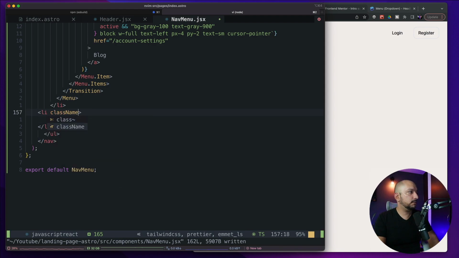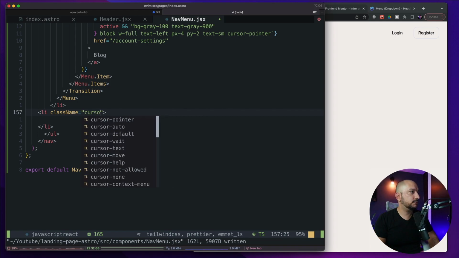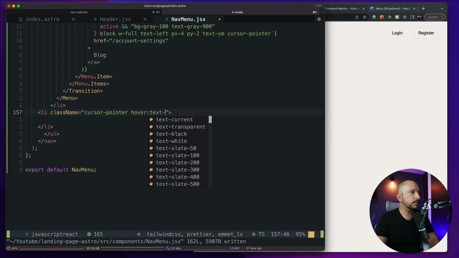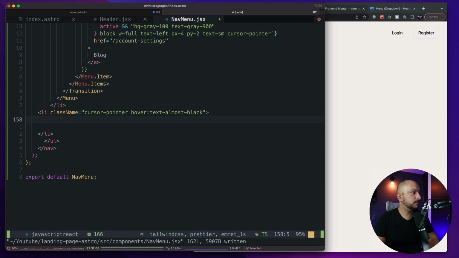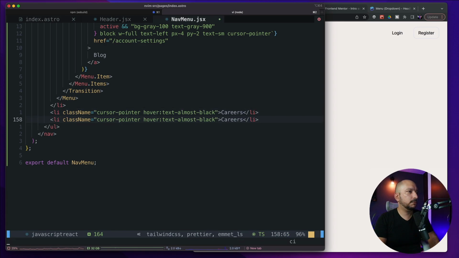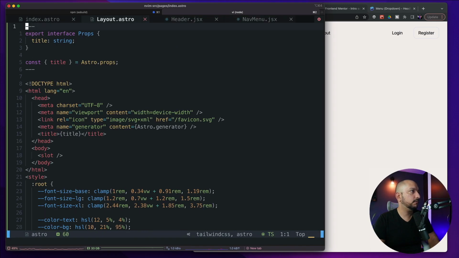This item will be the career, so let's add some styling, cursor pointer. On hover we wanna make it a little bit darker, and this will be careers, and the other one is pretty similar, but it will be block, excuse me, about. And before we continue, let's update something in the layout, because we don't really have the font